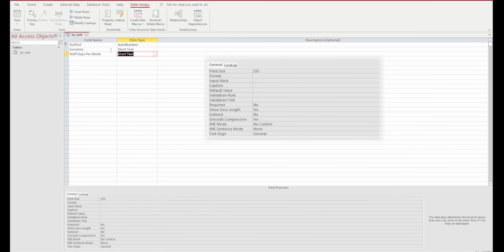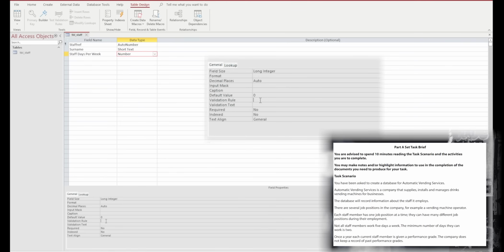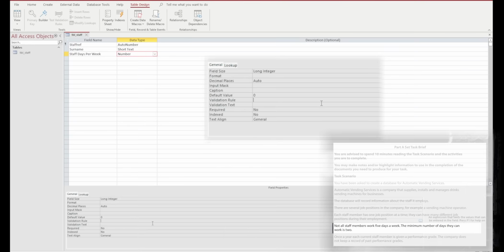Now, in this instance, the staff days per week is going to be a number, and we want to give some more information into this area here because it's going to only allow a number of weekdays to be attended by that person. Now, as we saw inside of our early information that we were given inside of the actual exam paper, we were told that the worker can only have a minimum of 2 days and a maximum of